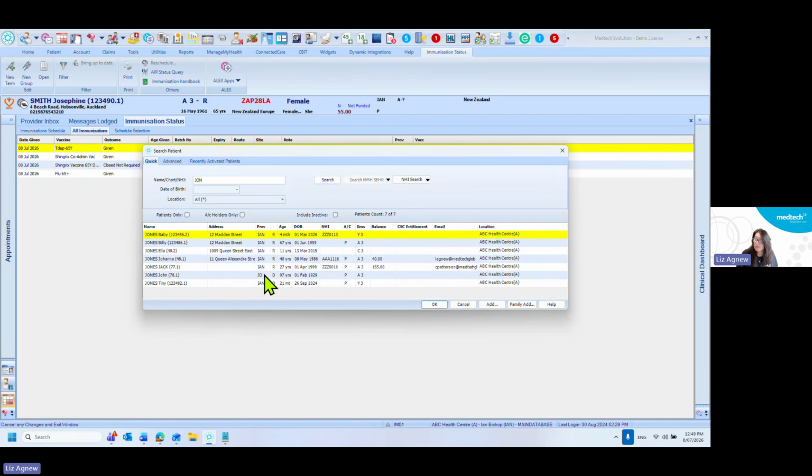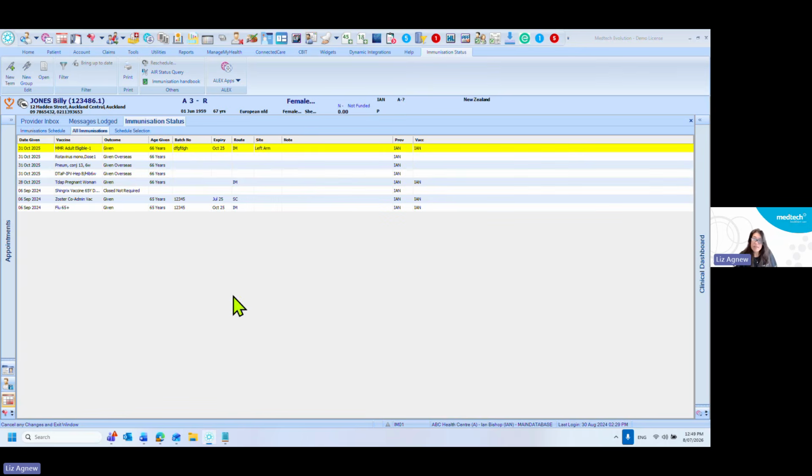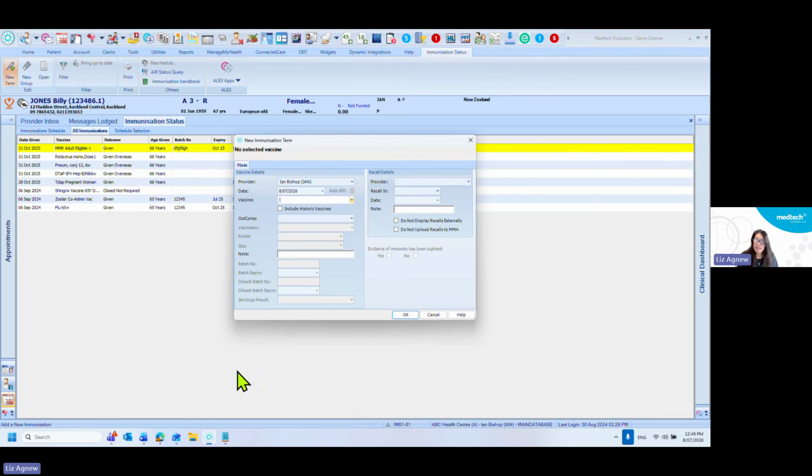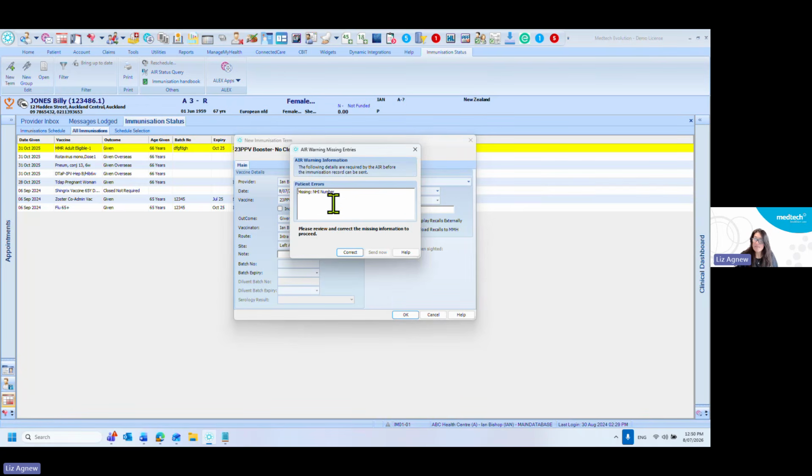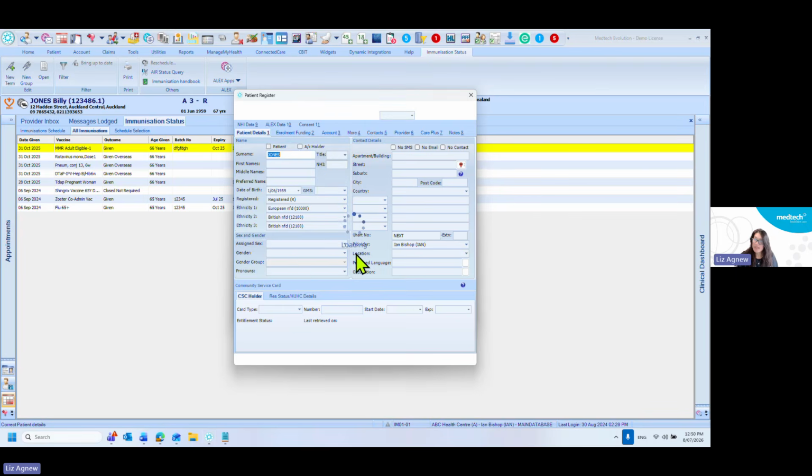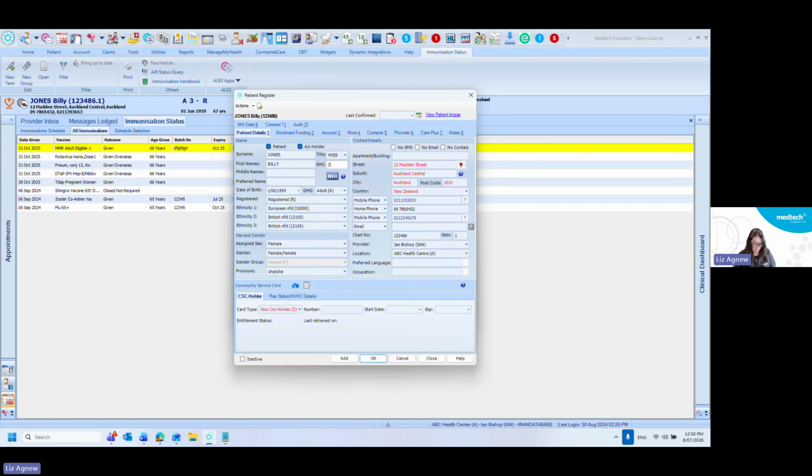So you have a patient without an NHI number, and you go to add a new term or a new group. First thing that's going to come up is that they're missing the NHI number. It gives you the ability to correct this at the time, so you can go and then correct that, doing your NHI lookup to find the NHI number. Once you've put that in,